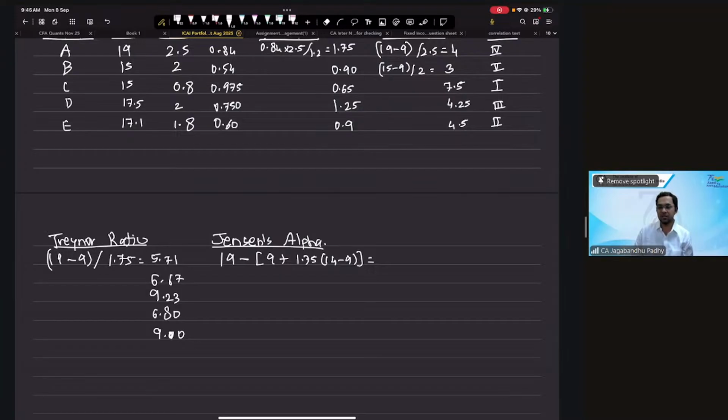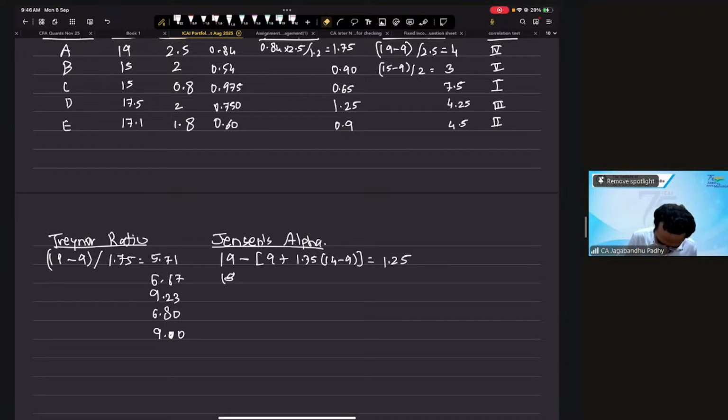So how much is this Jensen's alpha coming out to be? 19 minus 9 plus 1.75 into 14 minus 9. 1.25. Okay. Then